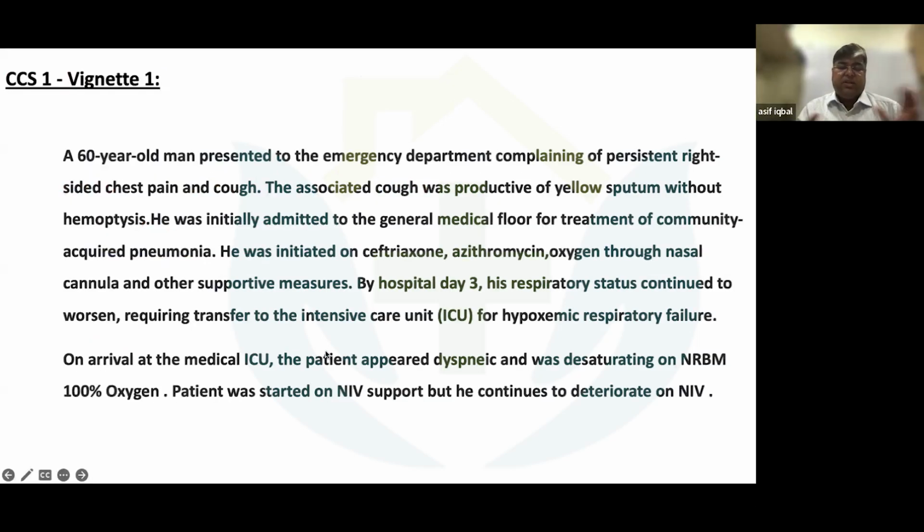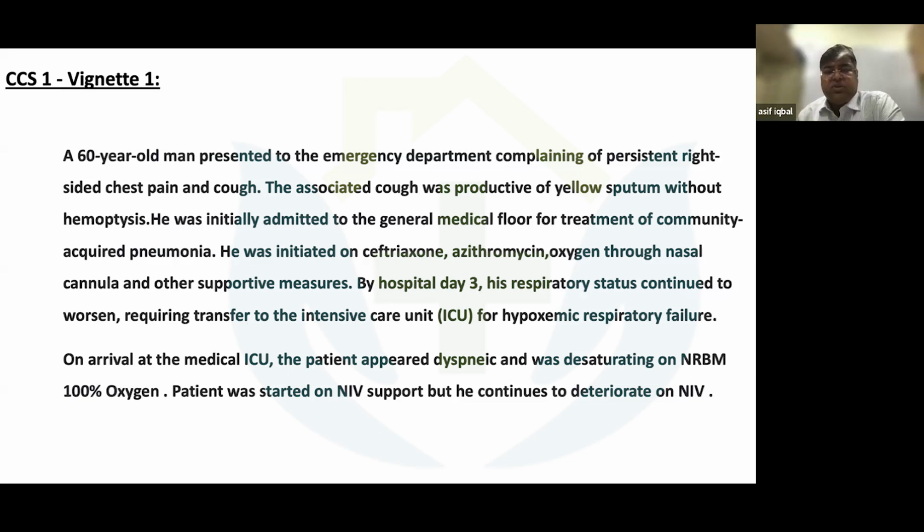So the first vignette in the CCS: you will get the cases in a variant manner. For the long cases, you will get 5 to 6 variants, and in a short case, you will get 3 to 4 variants. A variant is nothing but a scenario. After giving the first variant, they will give you a little bit of time, and after that they will proceed with the case. So the first variant: a 60-year-old man presented to the emergency department complaining of persistent right-sided chest pain and